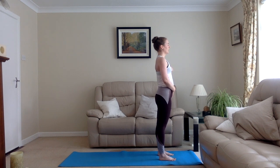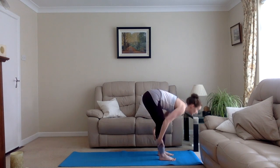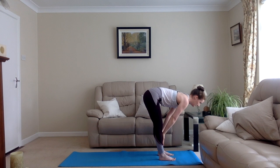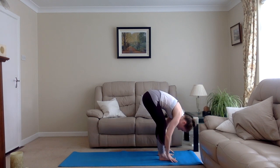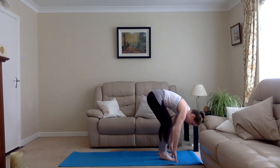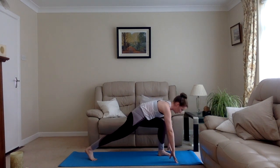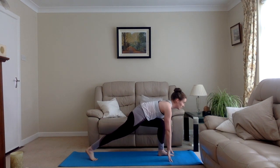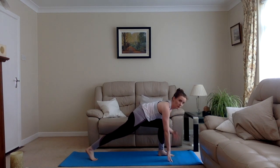Exhaling, emptying it out. And then we'll inhale, take the arms overhead. Exhale, folding down. We'll inhale to lift halfway. And exhale, fold down. Now step back with the right foot coming into a high lunge. And if that's too much for you today, you can always drop the back knee. But we're going to stick with the high lunges just for building that strength and feeling that stability and security